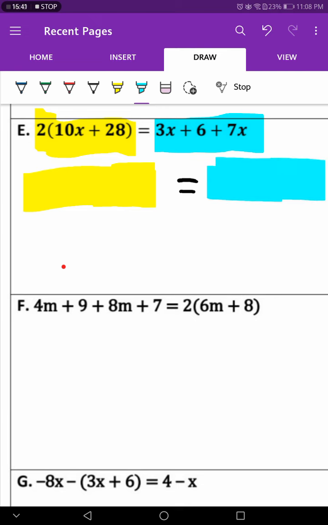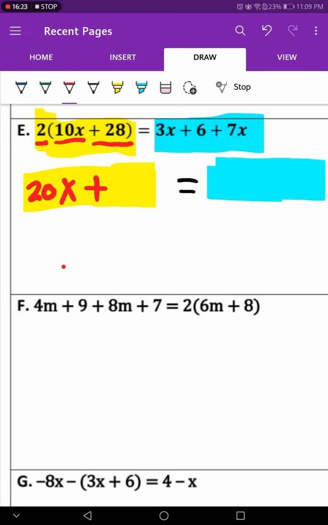Now in the left side I will have 2 multiplied by 10x, which equals 20x, positive 28 multiplied by 2. Don't forget you have to multiply this by 2 and this by 2. So 2 multiply 10x is 20x, and 2 multiply 28 equals